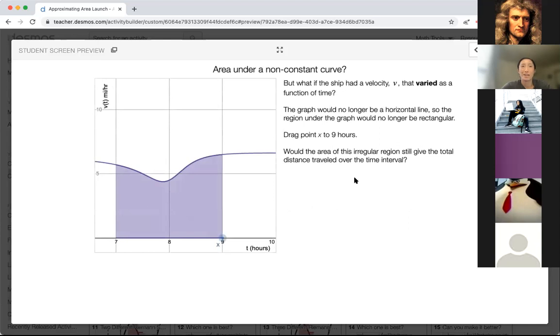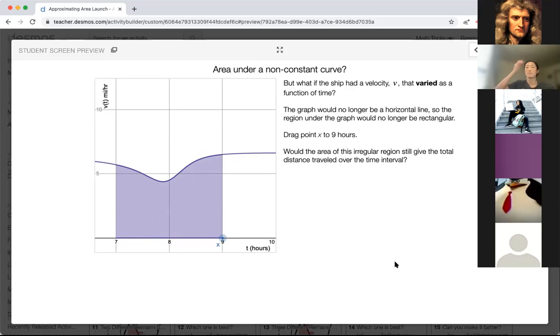So let's change it up a little bit. Rectangles, we know. Squares, we know. But what about this one? All right, what if the ship had a velocity that actually changed over time? So it wasn't constant the whole time, but it looks like they were traveling like maybe around 6 miles per hour, and then they slowed down to 5 miles an hour, then they slow down to maybe 4.5 miles an hour, and then they speed up again. So it's not constant anymore. And if we think about dragging this point, right, from 7 all the way to 9,